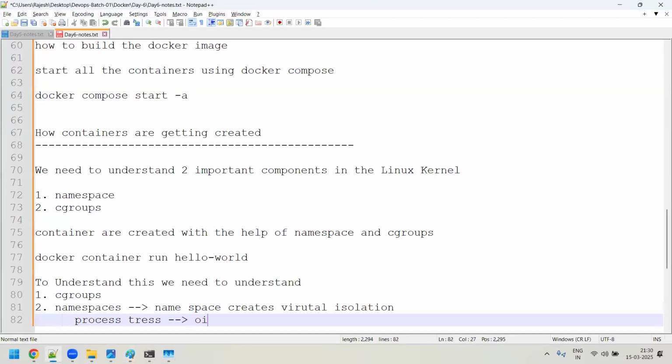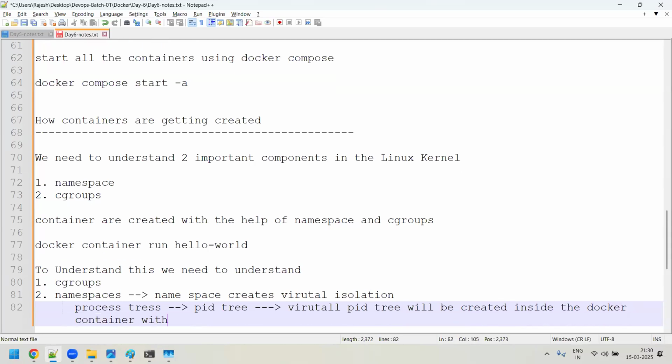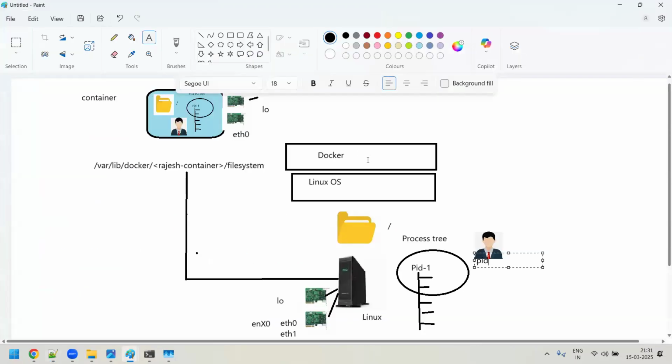Virtually, a PID tree will be created inside the Docker container with the help of a PID namespace. Docker has libcontainer, right? The libcontainer will use